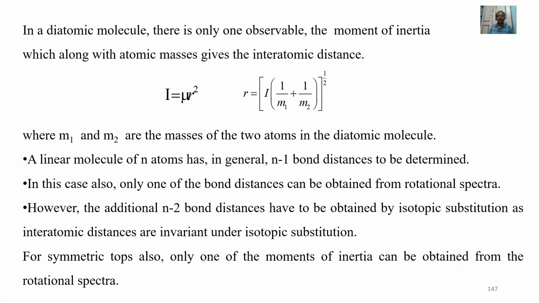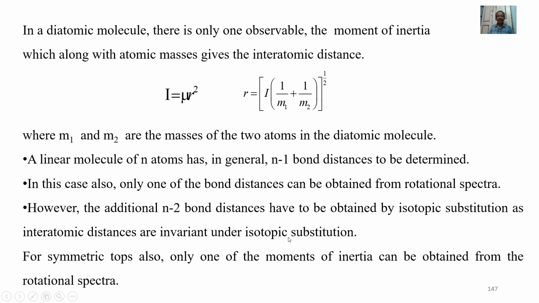Suppose you are going to take 3 atoms in a triatomic molecule, there will be 2 bonds. So similarly, n minus 1 bond distances are to be determined. In this case also, only one of the bond distances can be obtained from rotational spectra. However, the additional n minus 2 bond distances have to be obtained by isotopic substitution, as interatomic distances are invariant